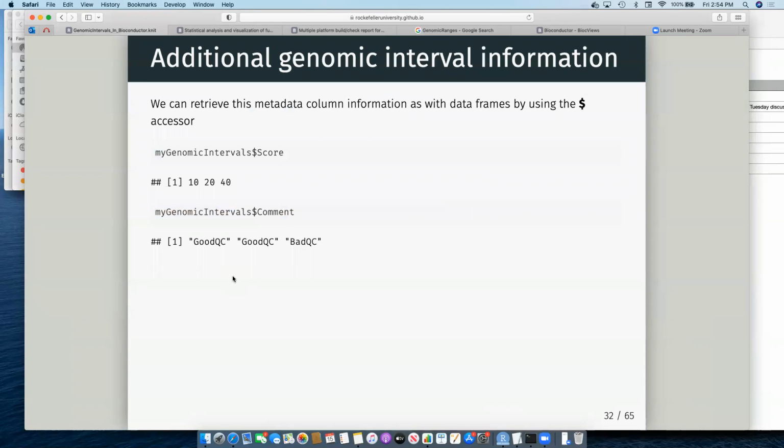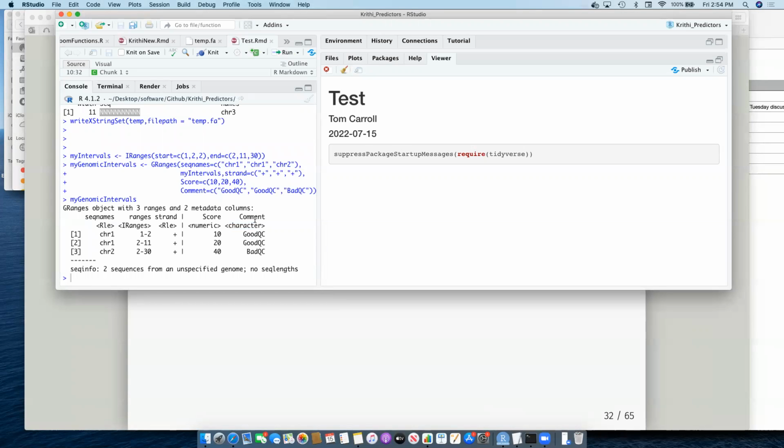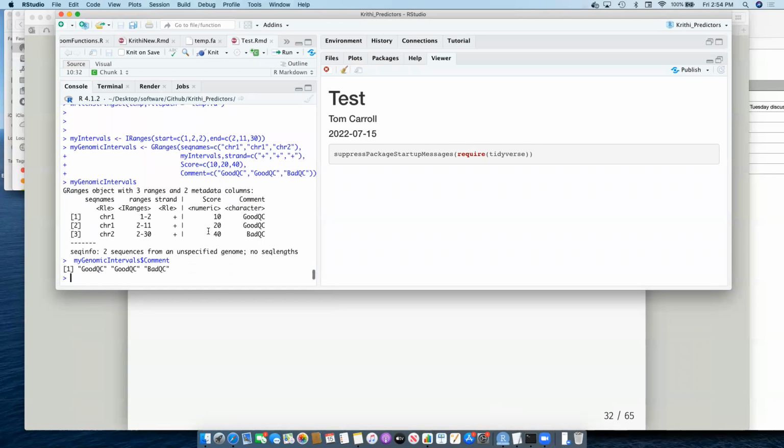Once we have those set up, we can actually access those columns from the metadata columns just like we would a data frame. So we can do $score or $comment. And because I have them here, score and comment, it will just go look up the values from the score column or the comment column. Just like a standard data frame. This is untouchable. We can't use those accessors, but this we can use standard data frame accessors to access the